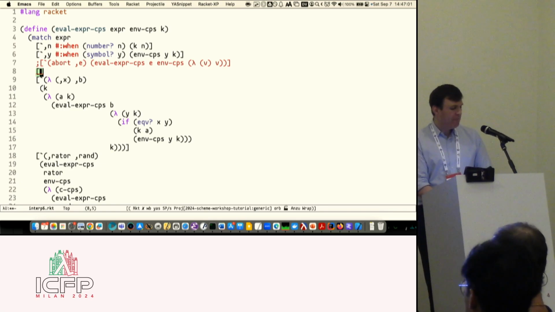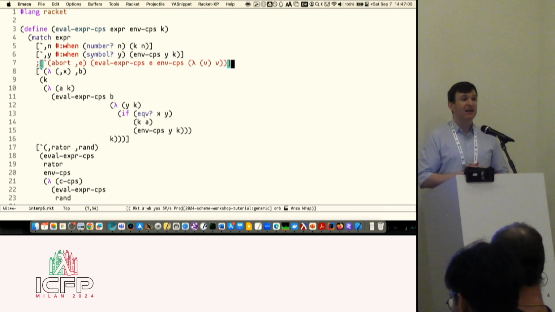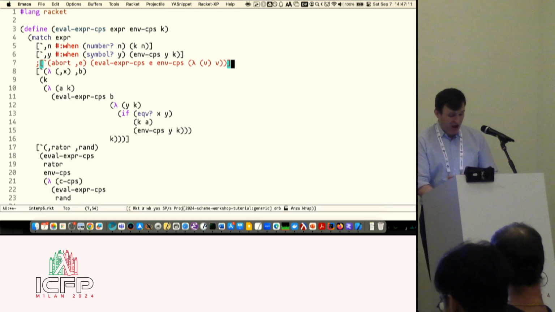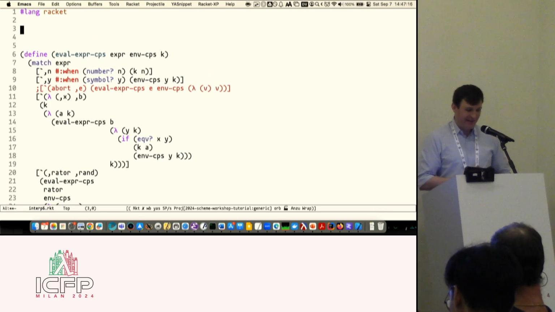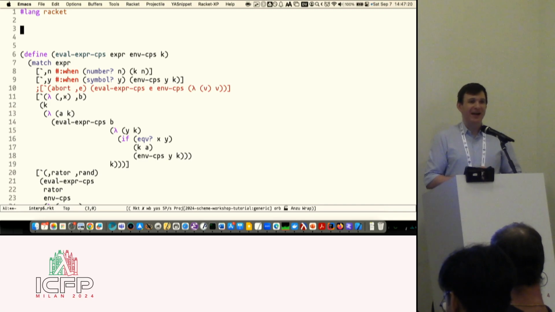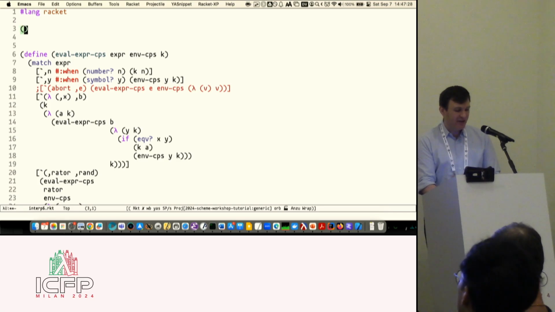So it turns out you don't need to CPS the interpreter in order to make this work. I'll show you how you could do it without a CPS interpreter, and the way we rely on Racket: we implement our lambda in terms of Racket's lambda, our application in terms of Racket's application, our numbers as their numbers, our times as their times. We can implement our